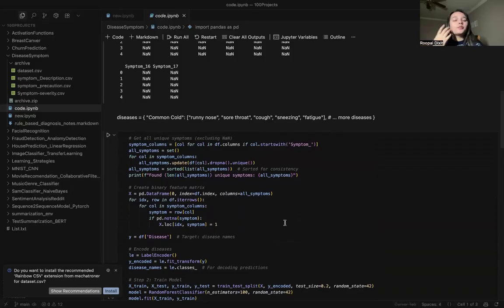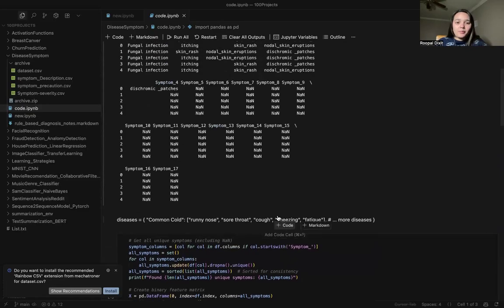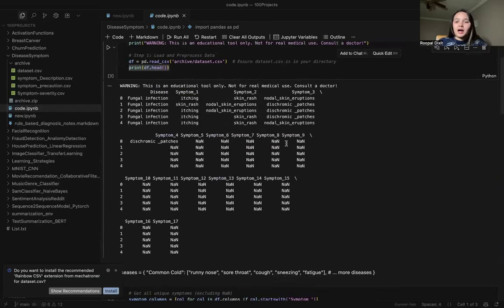We are not using NaN because it will not actually help the model train nicely, and it will lead the model into getting a lot of blank spaces, so it will not train properly. If you are not giving any data to the model to train, then it will not train very well. You can see the symptoms are very few. If there are 17 symptoms, I think only four are given.